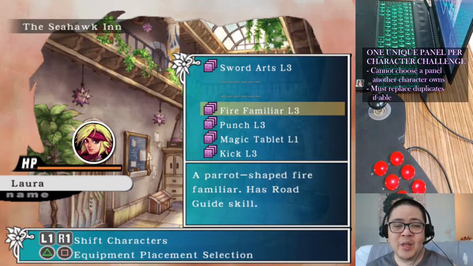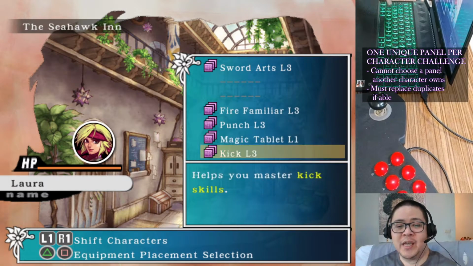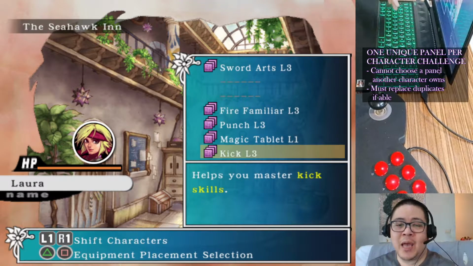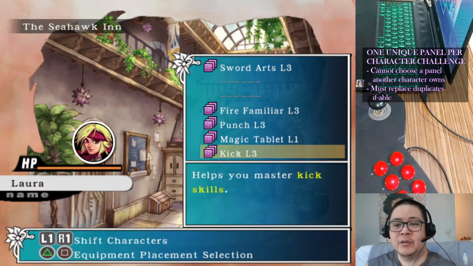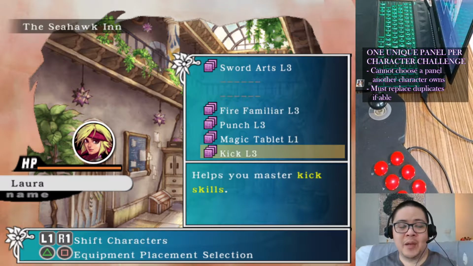She has a fire familiar here as well, but we could always get rid of that because it's better used on another character. She has punch and kick panels that we had to place down here, unfortunately, so that she could actually learn, well, she'll probably have it replaced elsewhere using some of our other panels that are remaining so that we could actually get better